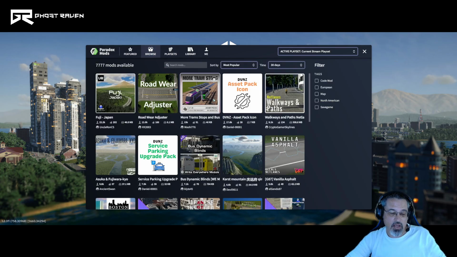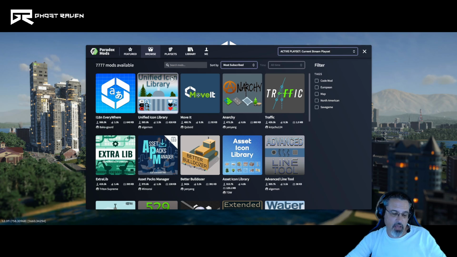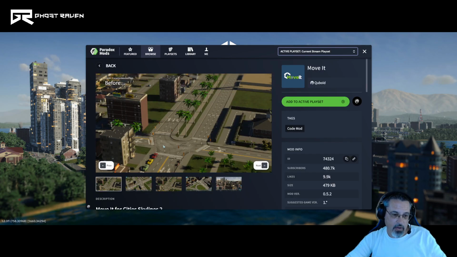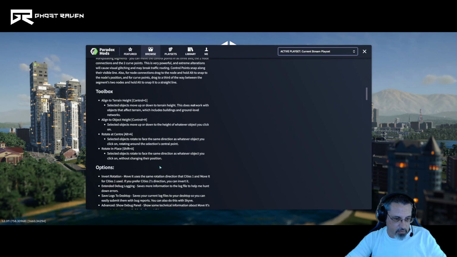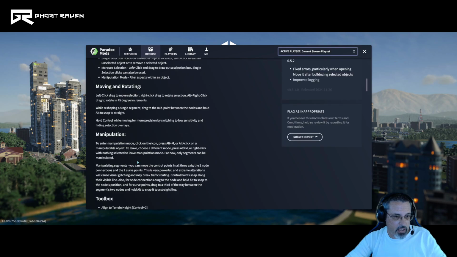themselves, the official mods. So if you go to the browse tab and you want to look at a particular mod, you can say, okay, most popular, I'd like to say most subscribed, and then I'd like to say of all time. This will give you a very good idea of what mods have been subscribed to. So remember, some of them are actual mods and some of them are supporting mods. Some of the mods will be required for some of the other mods that you use on your side. So when you download a particular mod, it'll say there are requirements of other mods. I don't know if this one has one like that, but it gives you an idea